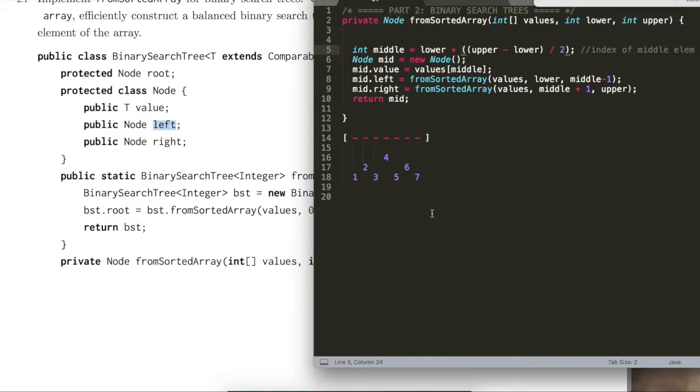Now we have to consider some base cases. So let's say we had something like 5 and 6. This should be giving us the tree 5 and 6, right? So how do we ensure that happens? So what we have right now, middle is going to return, this is going to say middle is at index 0, and so it's going to make the node 5,